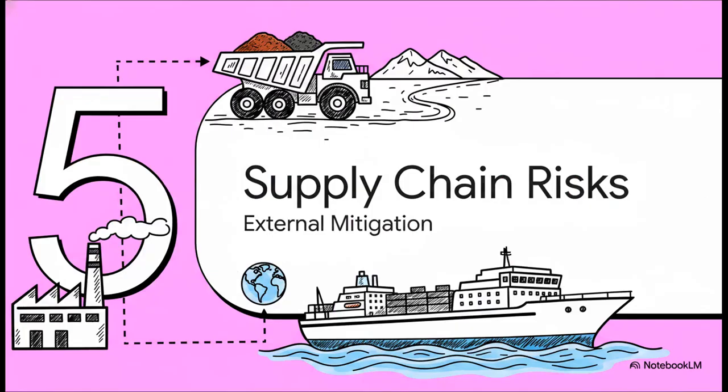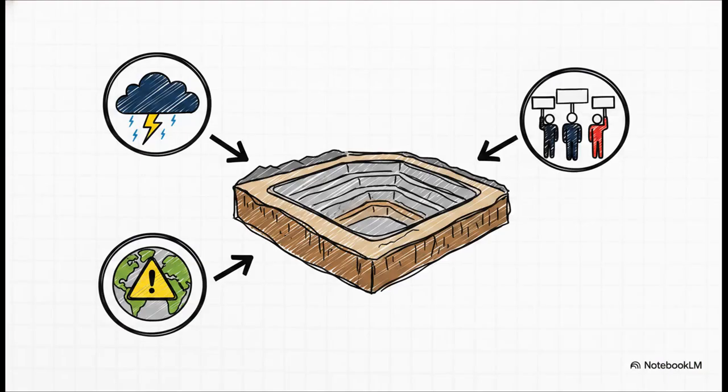Let's move to Section 5, Supply Chain Risk Mitigation. Let's see how this builds from the internal safety of the steel mill to the external risks found deep in the supply chain. You see, steel production doesn't happen without critical raw materials, primarily iron ore and coking coal. And the extraction of these materials are incredibly resource-intensive processes. Mineral extraction often carries massive environmental and social impacts that can severely affect local communities, workers, and entire ecosystems. SASB requires a detailed qualitative discussion on the sourcing risks associated with these exact issues.